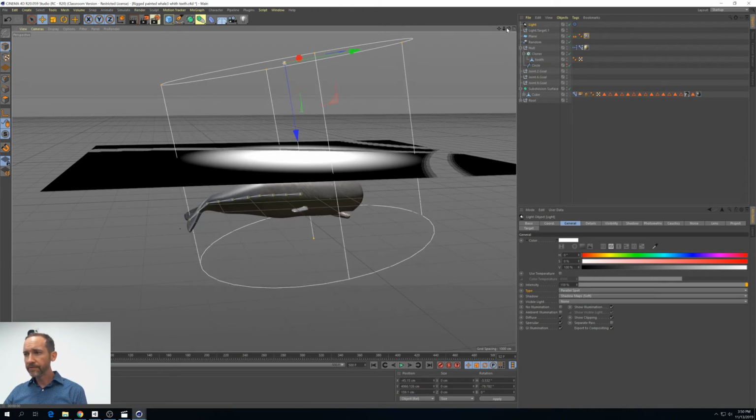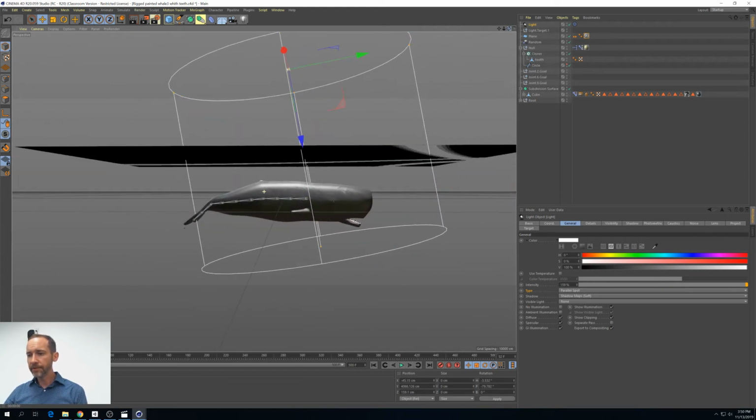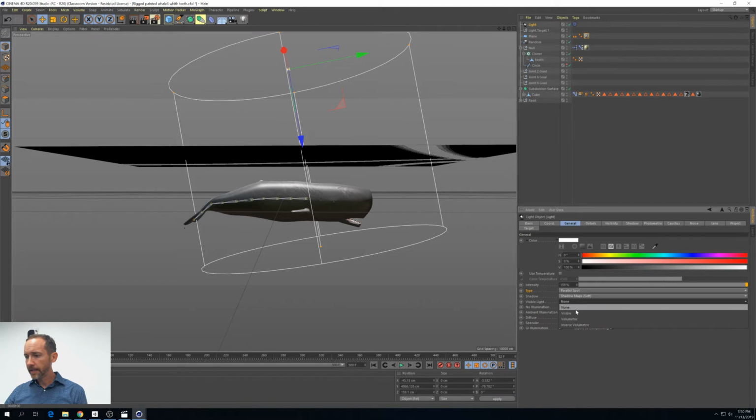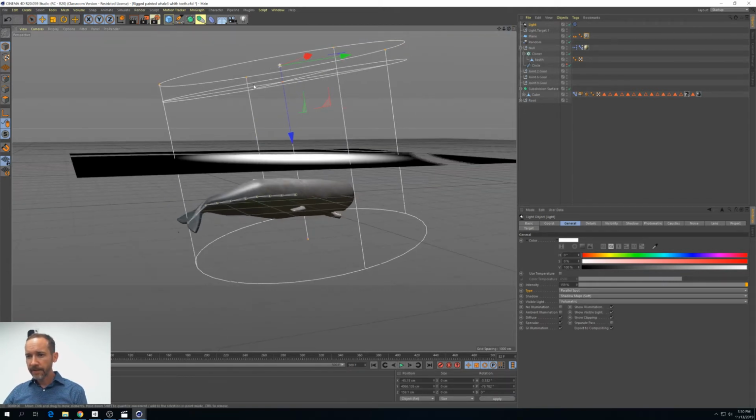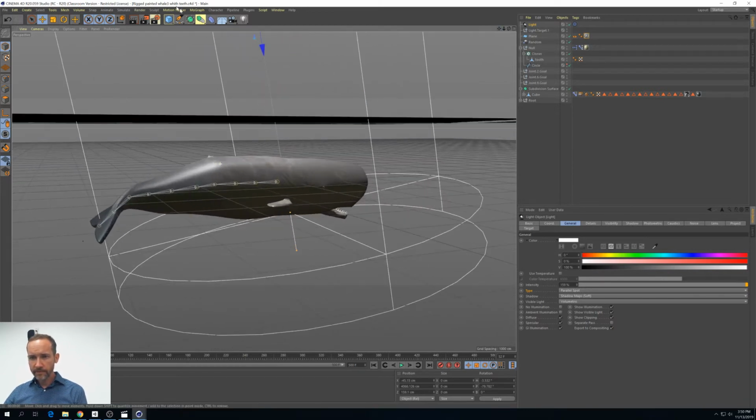But we don't actually ever see any light rays because it's not volumetric. Once I tell it to be volumetric, watch, I get another handle here in the middle. And so this handle here is how far the volumetric light goes, which is why we weren't seeing any light rays go through here. If I drag this down past the surface,